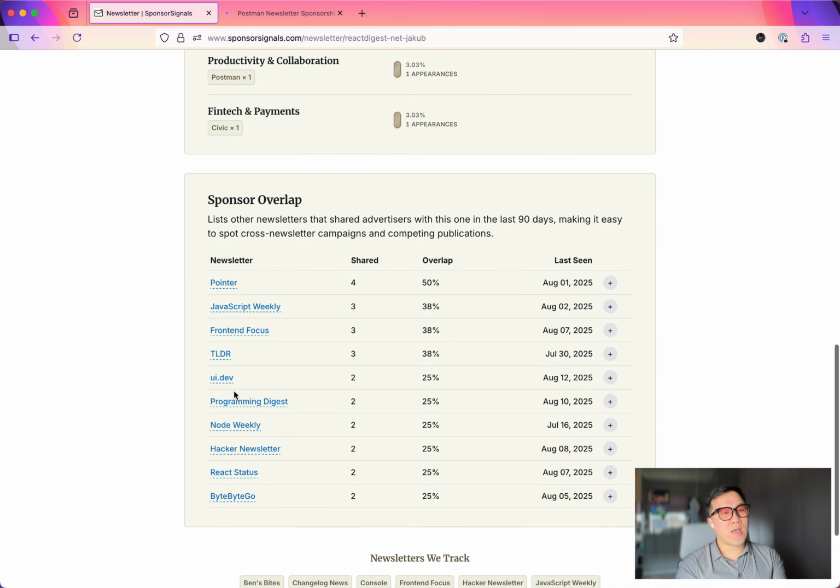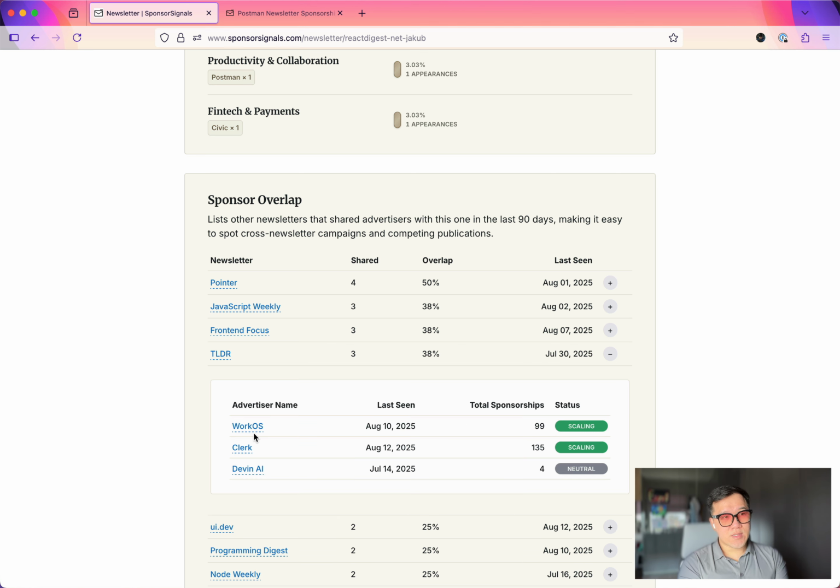And then you can also see how many other newsletters overlap with this newsletter. If they buy on React Digest, do we see other brands that are also buying? And then maybe they overlap somehow. So Pointer, TLDR. We see that they've also bought on TLDR. React is very dev focused, TLDR is more tech. So you can see that WorkOS